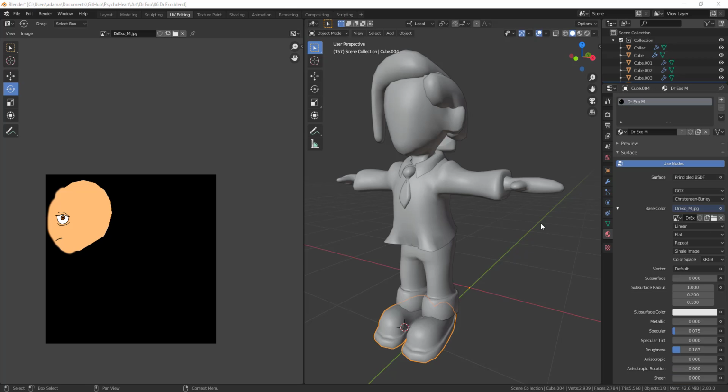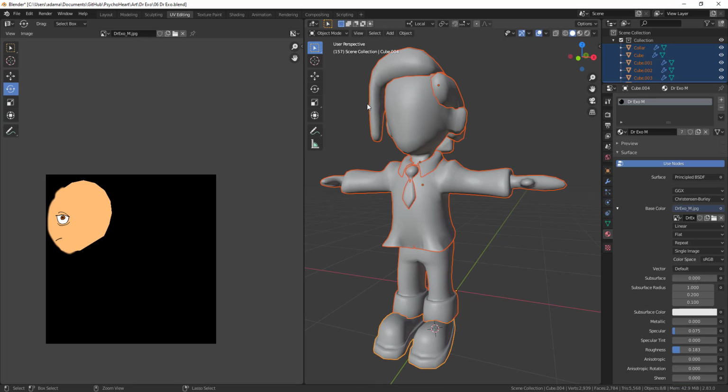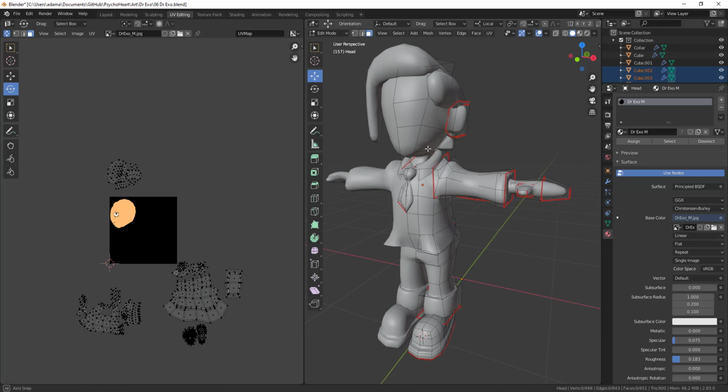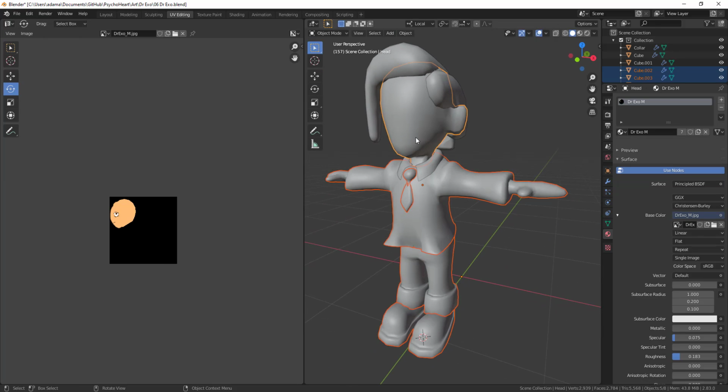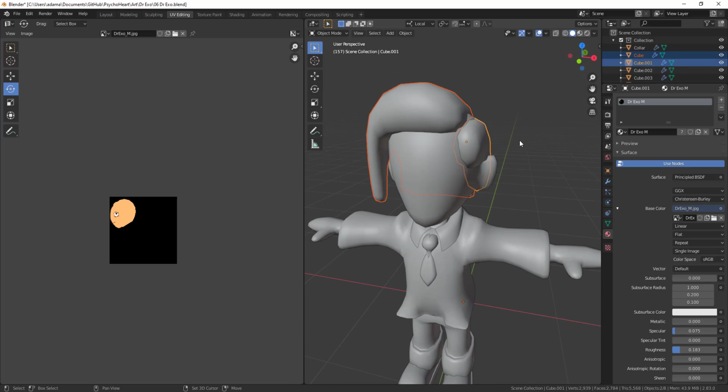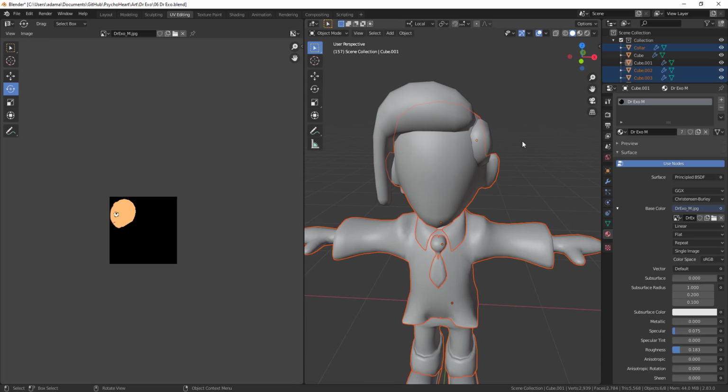All right, so far we've unwrapped everything up to the hair here. So let's go ahead and select these out so I can show you what I'm talking about. So you can see it's all sitting here. Only thing left is the hair. So let's go ahead and knock that out. So I'm going to select this piece and this one and hit Control I to inverse and then H to